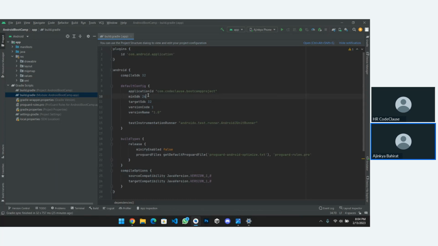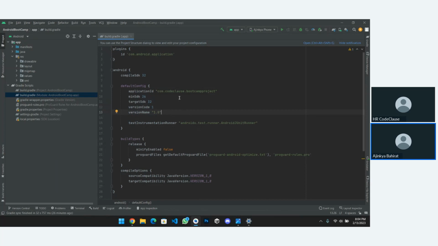These are the minimum SDK required for our application. As previously, while creating our application, we set 8, that's why it is 26. Then the target version will be 32, then version code and version name. These are the things required while deploying our application, right? Suppose you first deployed your application, then while developing a new feature or new version, you can just name it another.